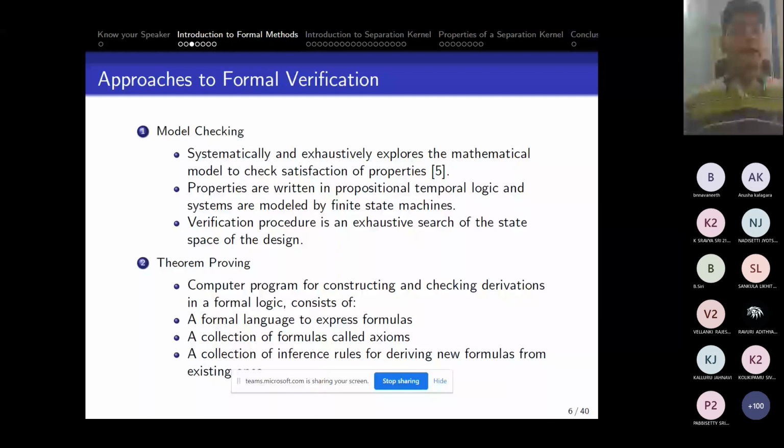And then another popular technique is theorem proving. This theorem proving is, let's say, how you have proved theorems in your mathematics, in the same way we have to prove these properties over a system. For example, if I ask you what is the value of 2 plus 2? Immediately you are going to say 4. But if I ask you how you came to know that 2 plus 2 is 4? So there are basically two theorems that we know, and the theorem is like predecessor and successor, right?